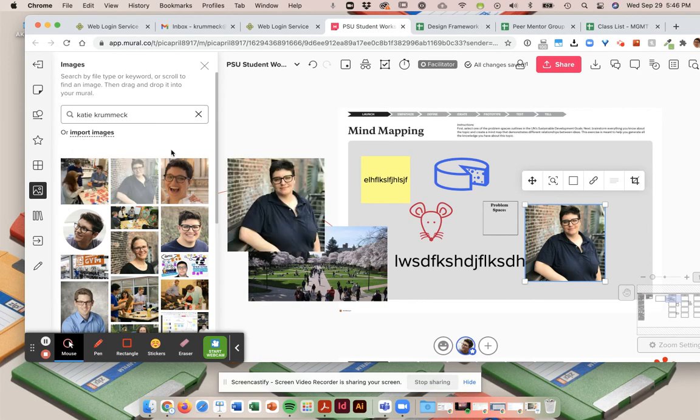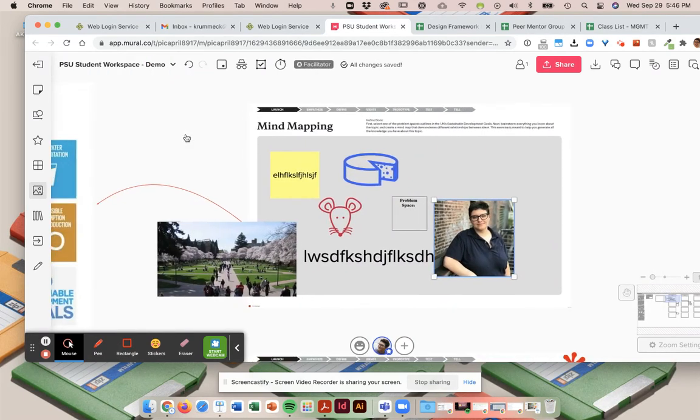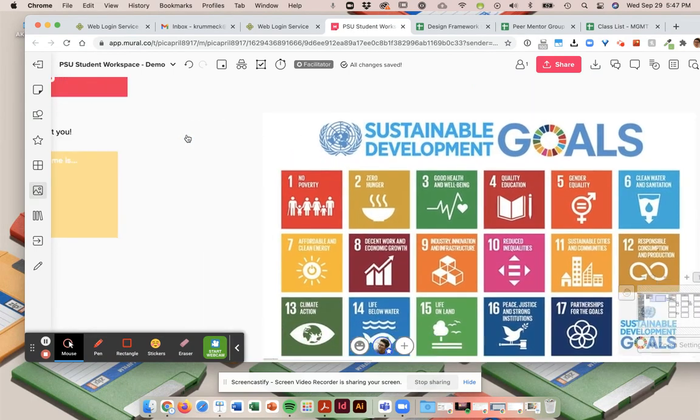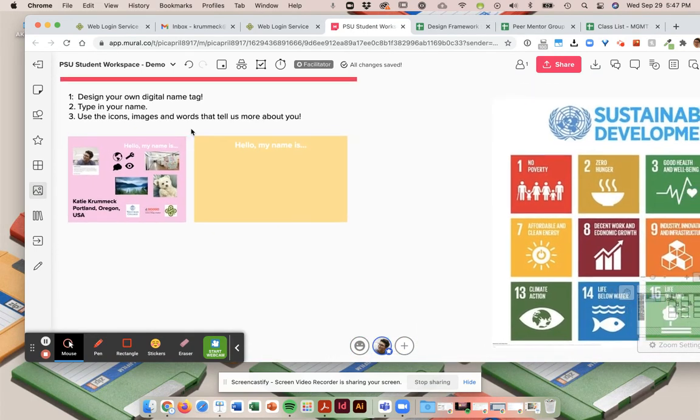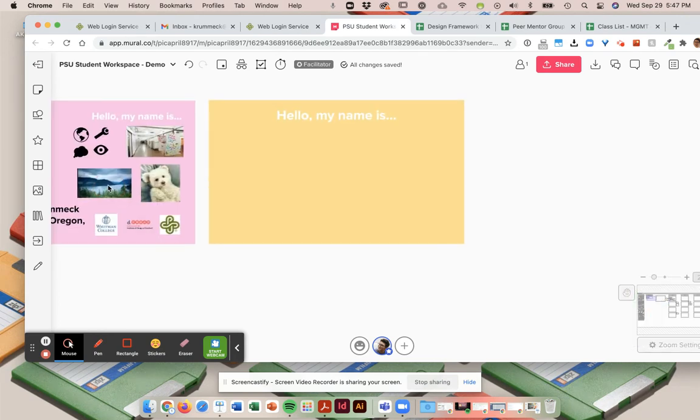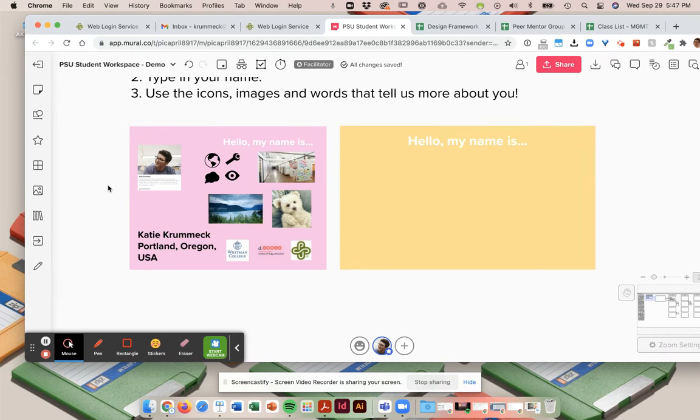Okay, so those are kind of the main features of Mural, and I've created a little warm-up area. So this is information from my experience, my life that I've added here, and I would invite you to do the same for you and really be able to play around with different features. One thing like this, so if I zoom in here, this is my personal website, and